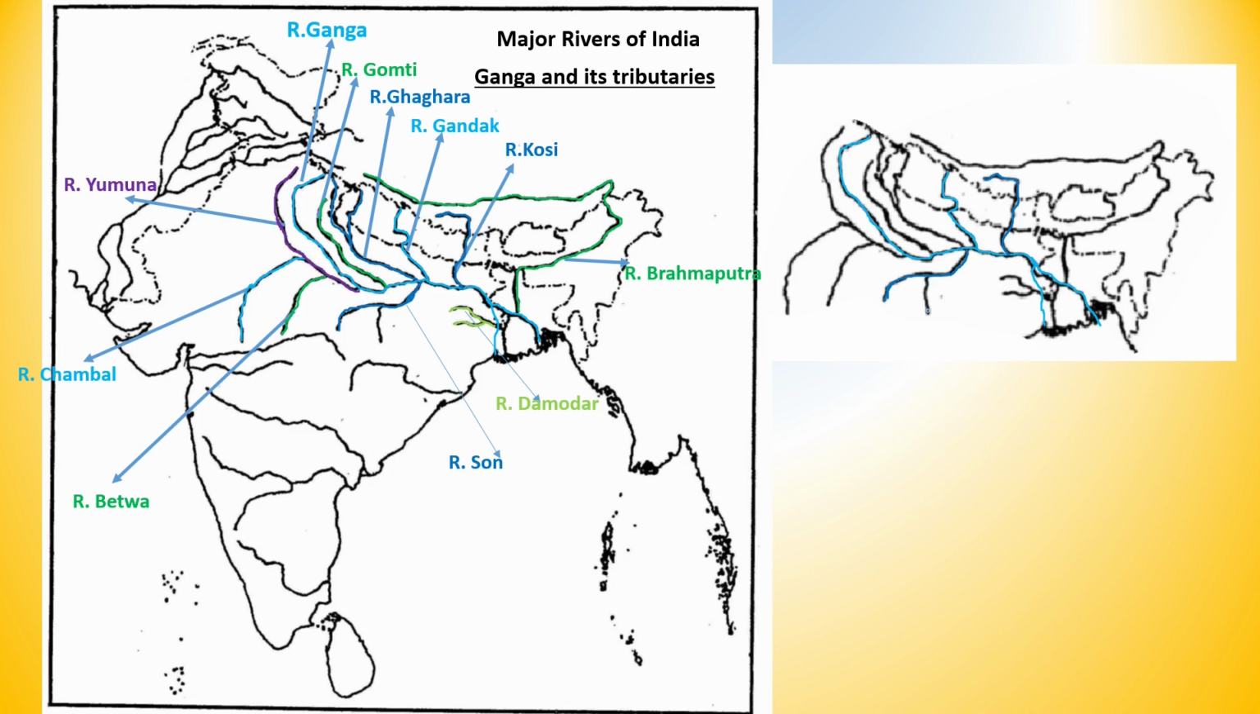Here, this other river you cannot mark, that is river Rihand. Next one is coming over here, Ghagra. Actually, Ghagra is the river which has formed with the junction of two other rivers. So you have to mark those two other rivers and flow towards the south, join with Ganga. Next one is coming